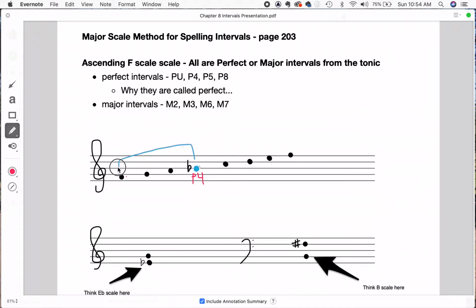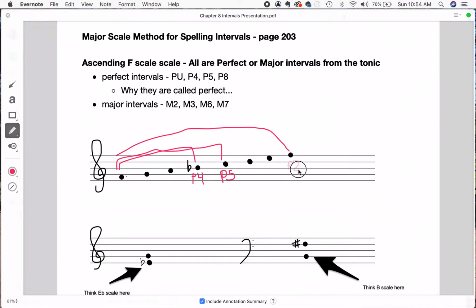You can probably see where this is going. Then we go up one more. This is our perfect fifth. Go up 5 notes, 1, 2, 3, 4, 5. Then if we go all the way to the end, 1, 2, 3, 4, 5, 6, 7, 8,